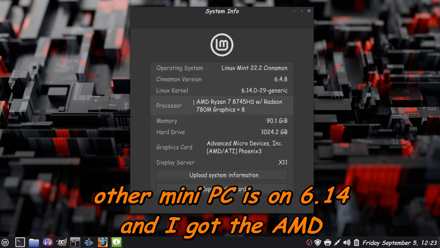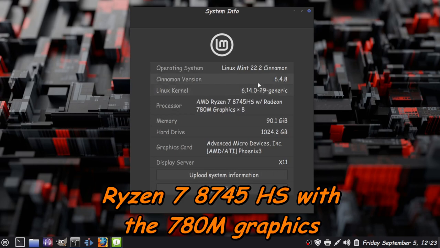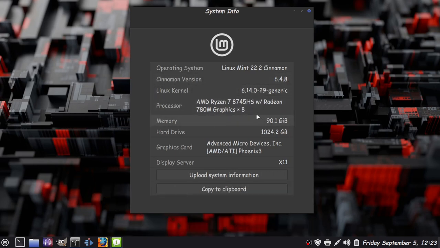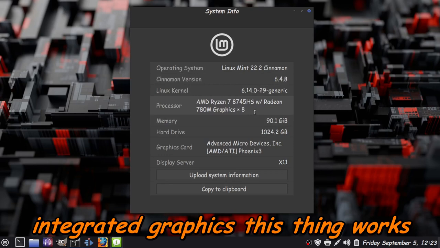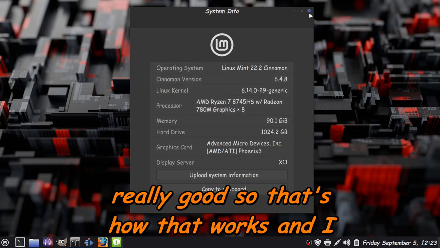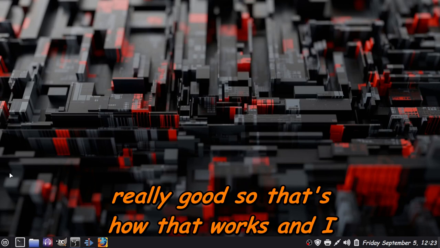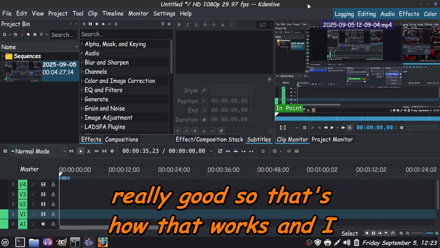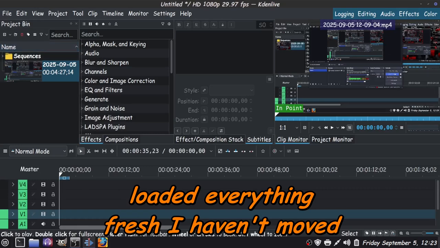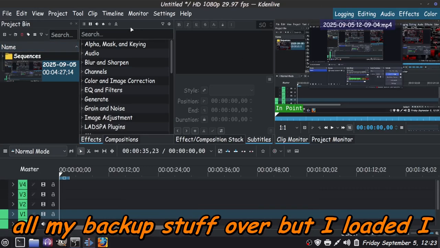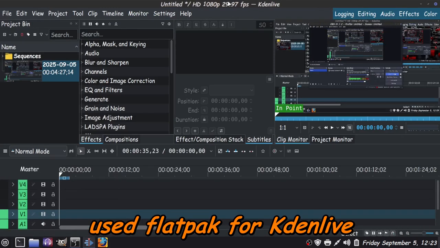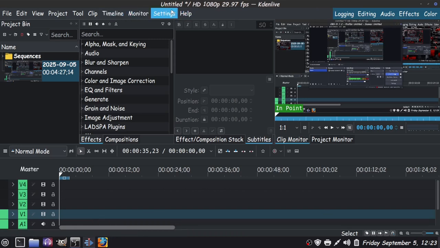I got the AMD Ryzen 7 8745HS with the 780M integrated graphics. This thing works really good. So that's how that works. And I loaded everything fresh. I haven't moved all my backup stuff over, but I used Flatpak for Kdenlive,